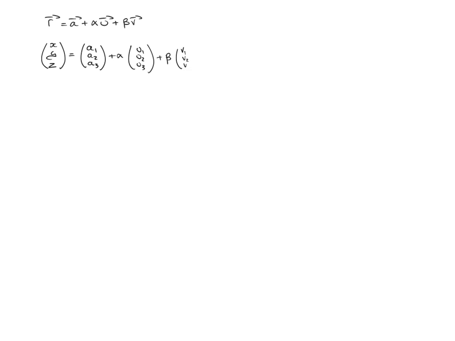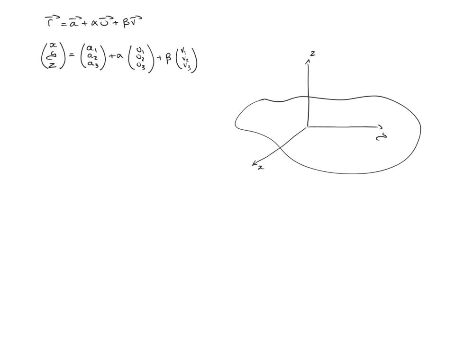v1, v2, v3. Now, I'll try as best I can here to make some sort of a generic sketch. Let's say we have our x, y, and z frame, so I'm just drawing that here. So that would be our x, y, and z. And so in three dimensions, let's just say we have some sort of a plane looking like this, and I'll call that plane P. Now what this is actually saying is if we have a point, which I'll call A here, with a position vector,